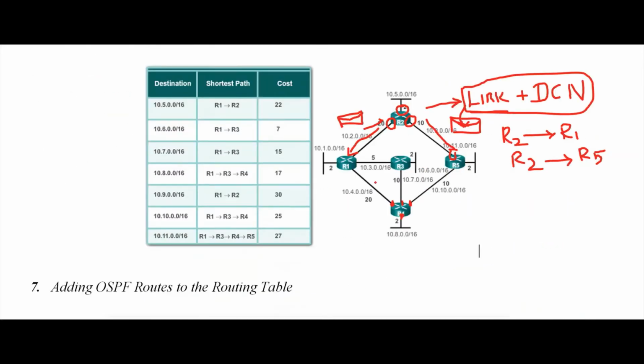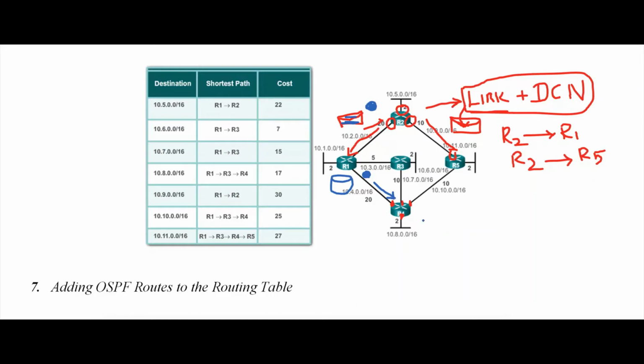Now you can see, let me change the color. See, this is my LSP packet. That means R2 is giving the LSP packet. I make it as a circle now. Try to understand. Now, this is an LSP packet created by R2 and given to R1. Then R1 is receiving, R1 will store it in a database. Then R1 will forward the same LSP packet, that means the LSP packet of R2, to the next router.